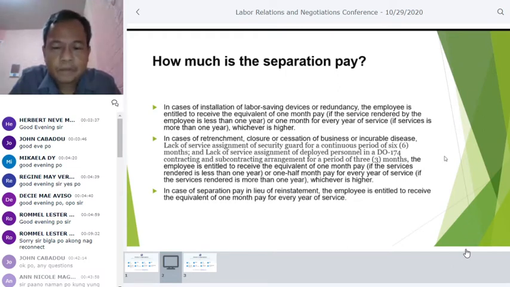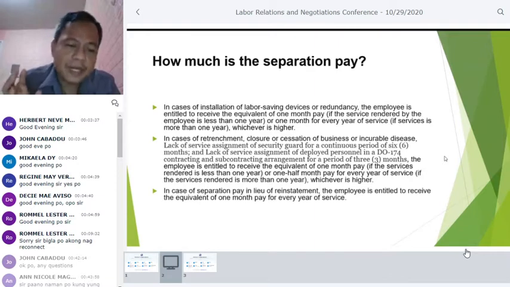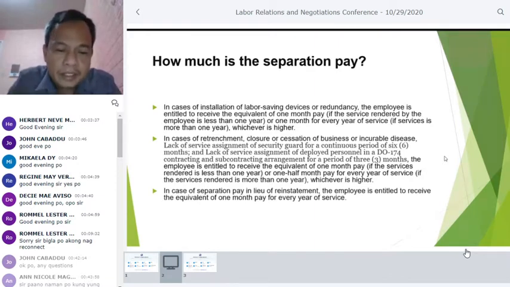If his service is less than 1 year, the equivalent of 1 month is given. If more than 1 year, the equivalent of 1/2 month salary, multiplied for every year